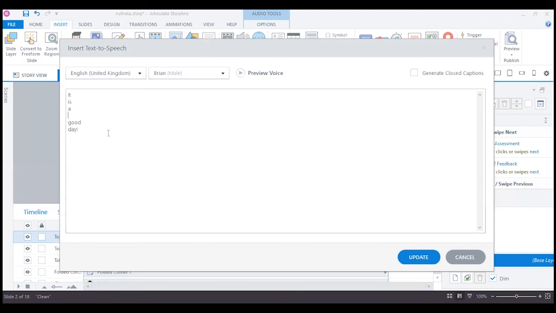So now when the voiceover will start, there will be a pause between these two words, and this is a very good option, especially when you are running out of time and you only have the script. So what you can do is you can add the silence inside your script by opening the text to speech option in Storyline 360. And I personally really like this option and I use it on my daily basis in my course development process.